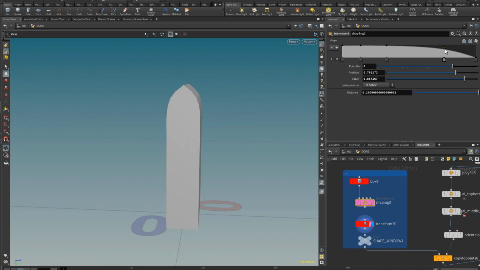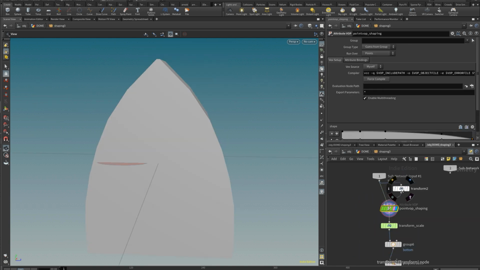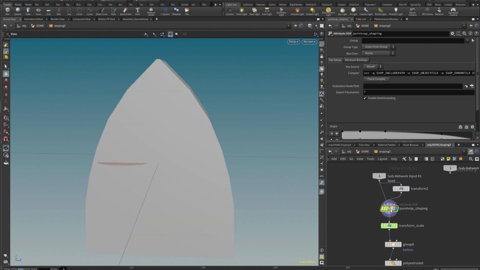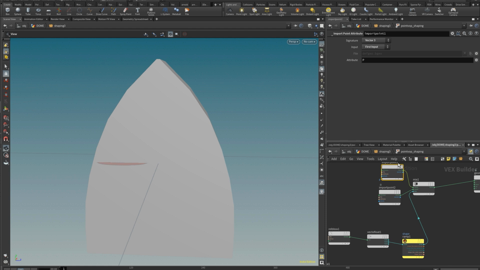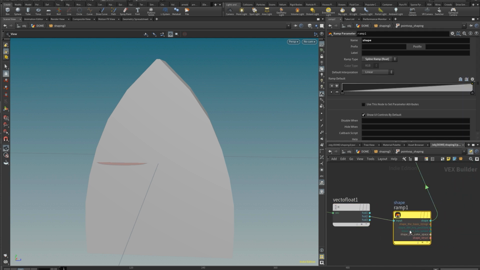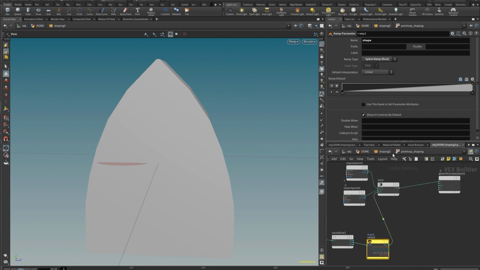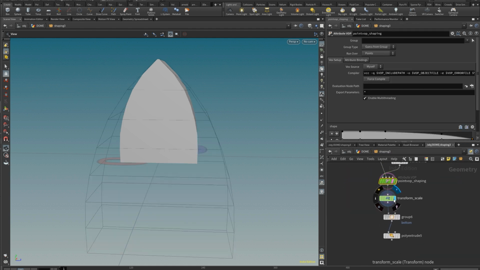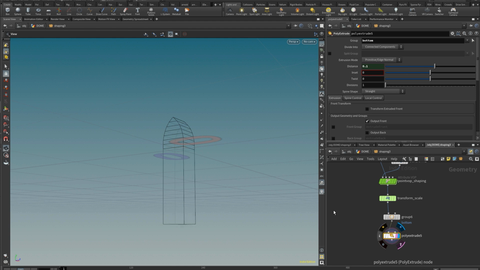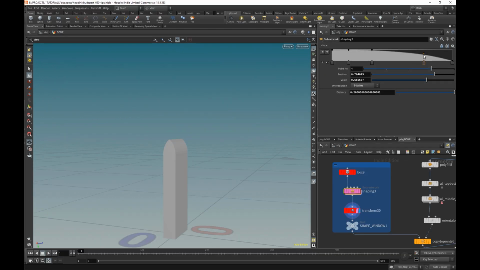Had fun making this little tool to control the shape of the windows, would make things much easier down the line. So how it works is just a box with some segments and scaling this guy in Z, so to make it very thin. Then I'm using a point VOP to lerp between those 2 inputs, the first one and the second one, basically mixing the position. And I'm using the relative bounding box y-axis to use it as a mask for blending those 2 inputs. That's very simple stuff. Then extruding the bottom face just to have a longer window, and that's pretty much it. Then I'm exposing all the settings in there and we are all good.